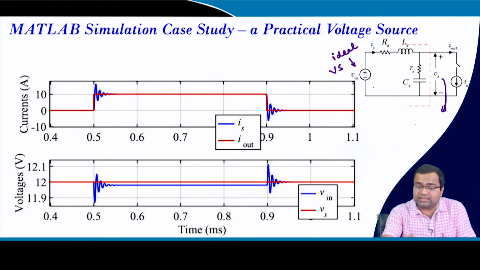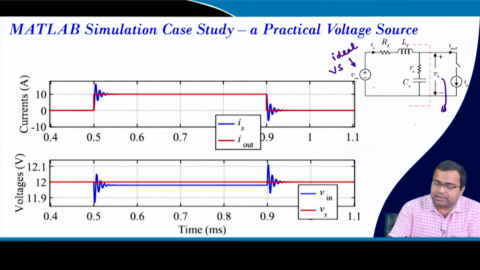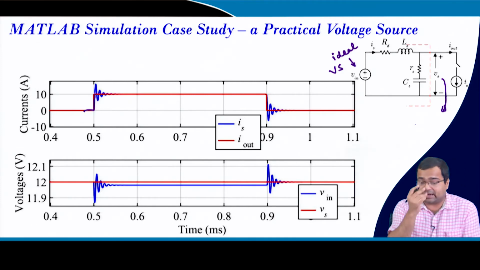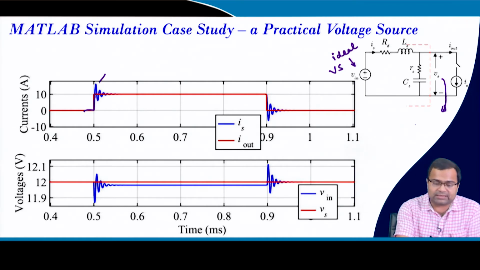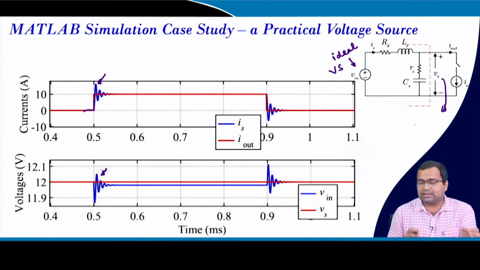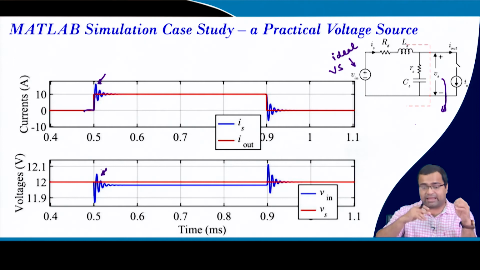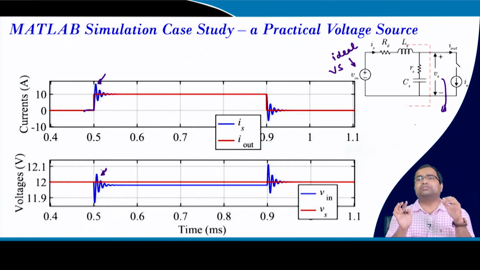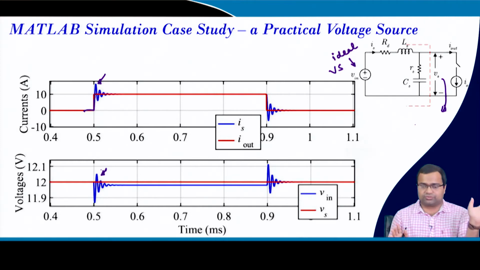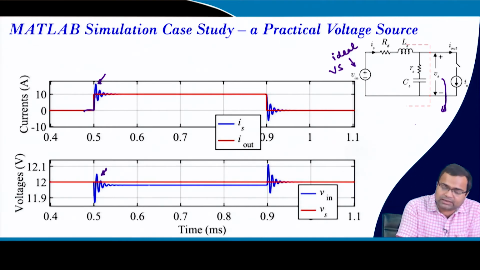Now, this result we have discussed in lecture 13, where we draw a pulsating current, like a step current, from this source. The red color is the step current, where suddenly we are drawing 10 ampere at some point, and this blue trace indicates the source voltage with practical output impedance. There will be an effect because it does not have infinite bandwidth, unlike the red one, where we consider an ideal voltage source. So, there is a subtle difference between ideal and practical voltage sources, not only in terms of their DC, but in terms of transient behavior.